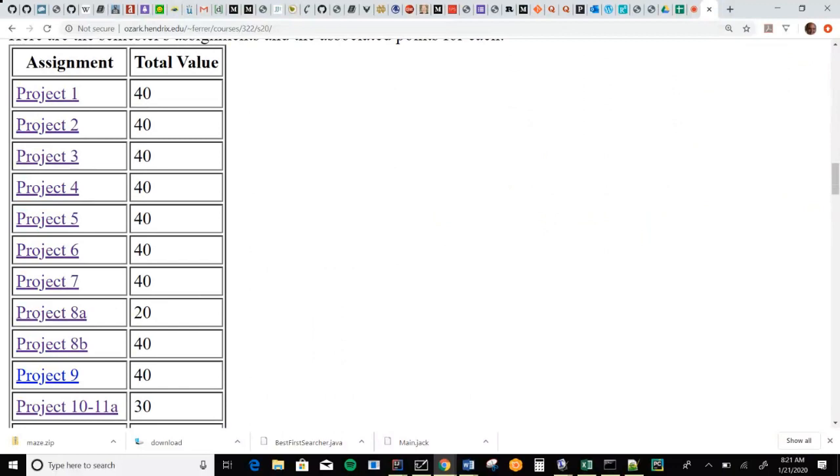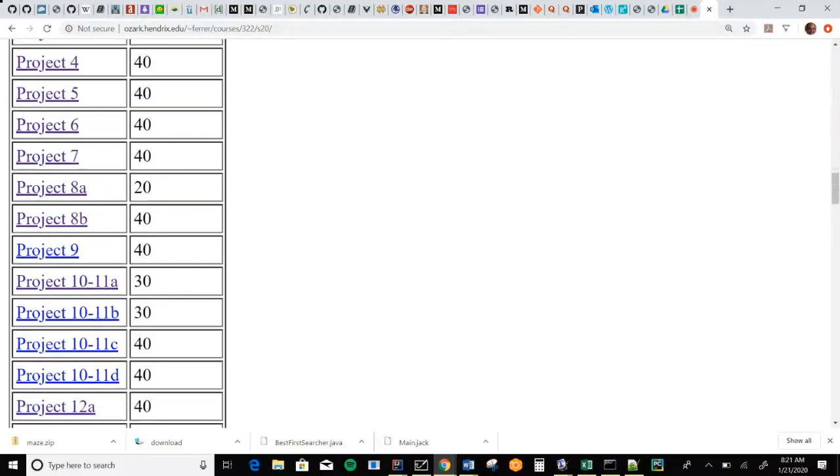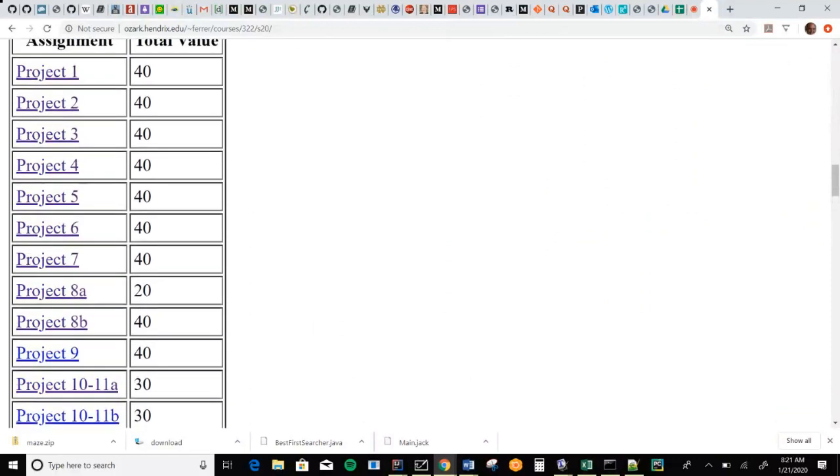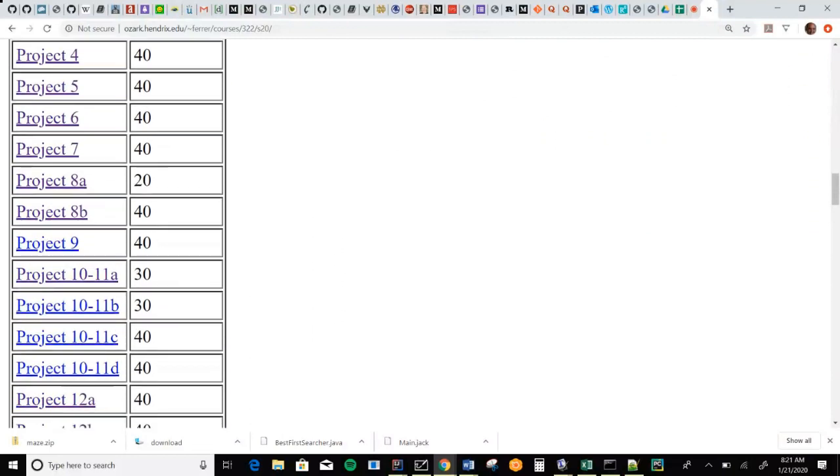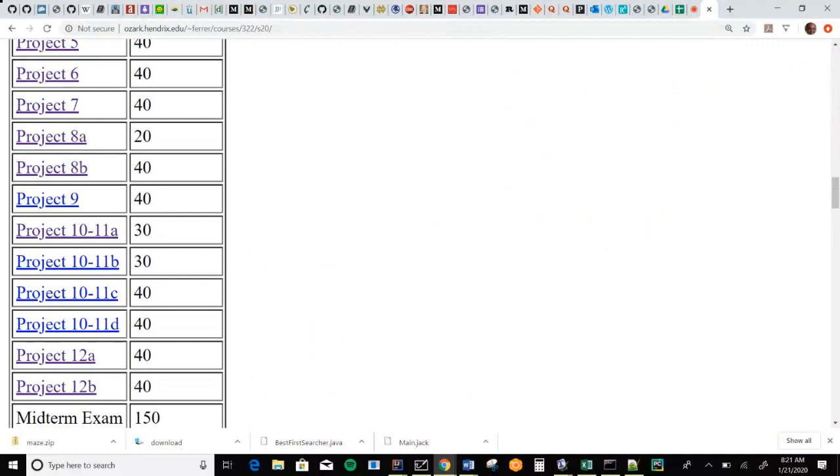The book has 12 chapters. Each chapter has a project. Now, I've taught this course a number of times, and what I've learned is the first 7 projects are easier than the last 5. So early on, we hit these first 7 projects fairly quickly. Then the last 5, I've actually broken up into multiple parts. And so I've got lots of intermediate pieces for you all to complete to meet these various milestones.